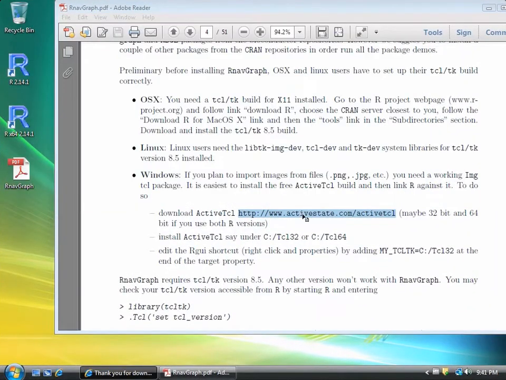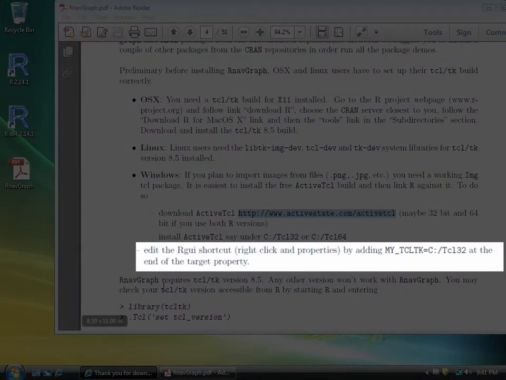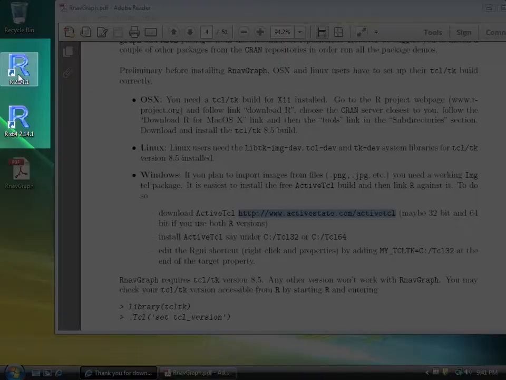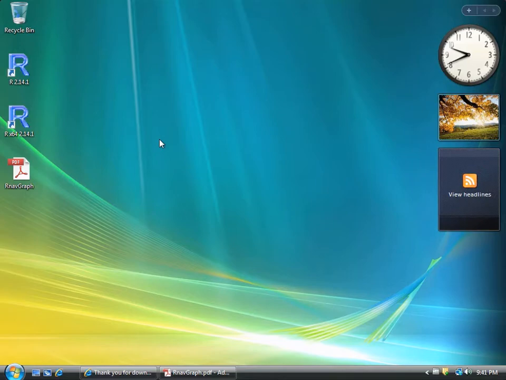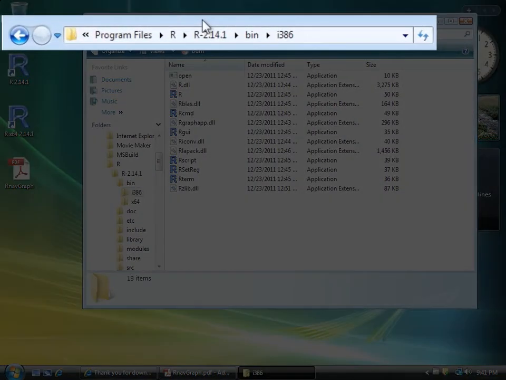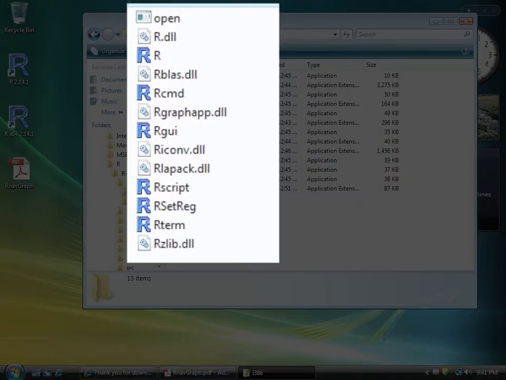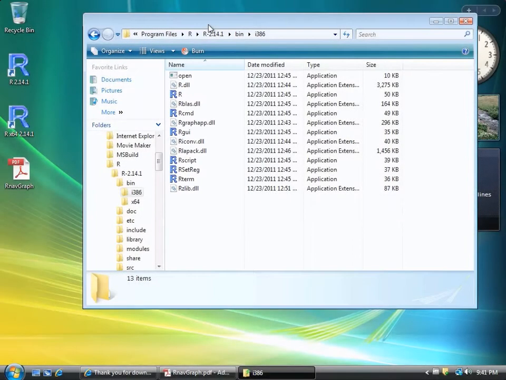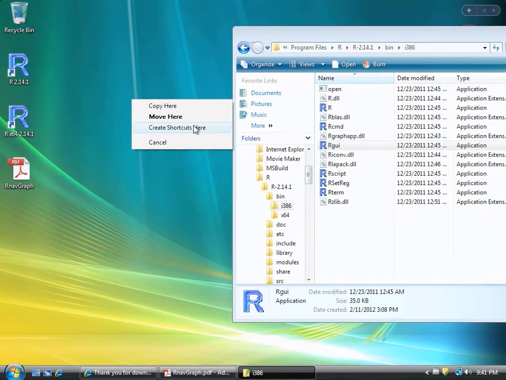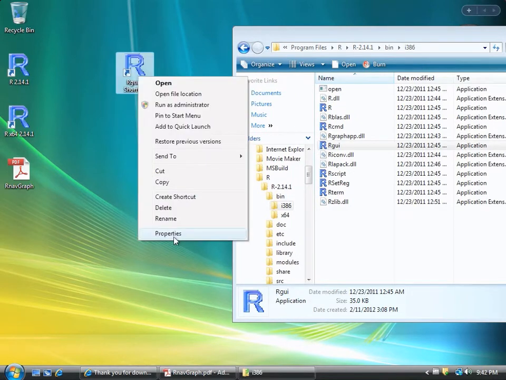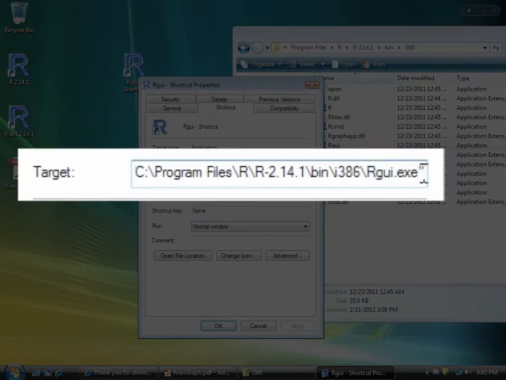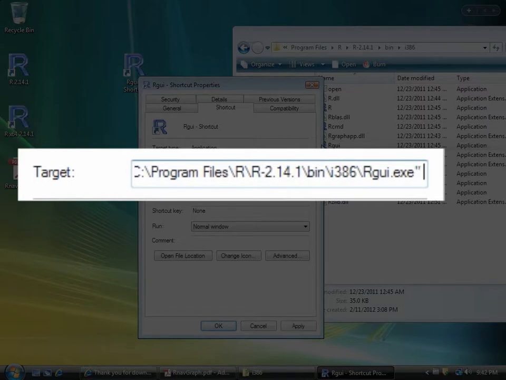Then next, edit the shortcut to the R GUI, which is this one. If you don't have a desktop shortcut, you can locate R GUI here. So if, for example, you could right click and copy here, create a shortcut. So edit that shortcut with properties, right click properties, and in here on the target at the end add space